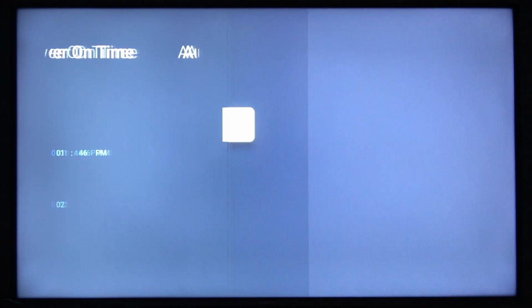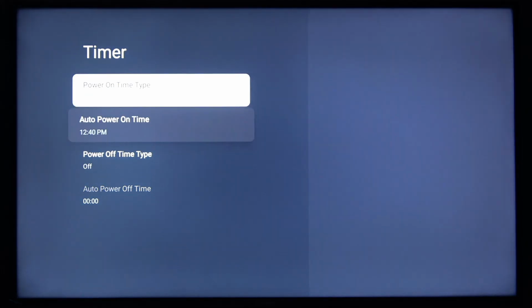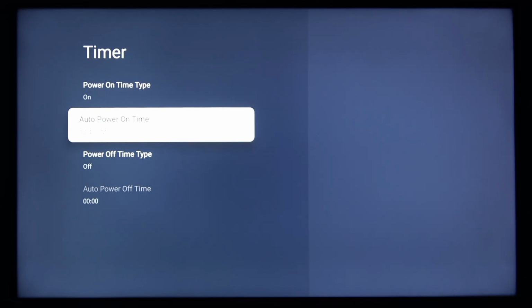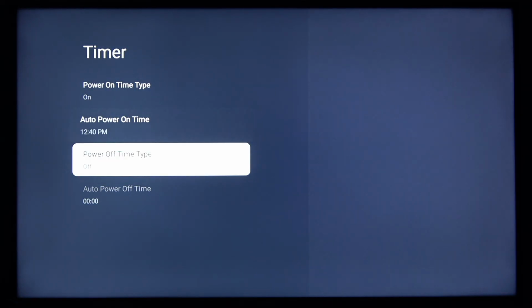hour and minute. So right now this TV will automatically power on 12:40 p.m. every day, and